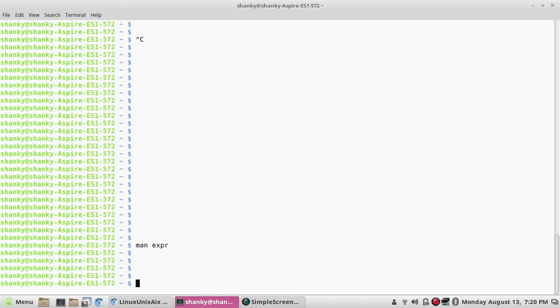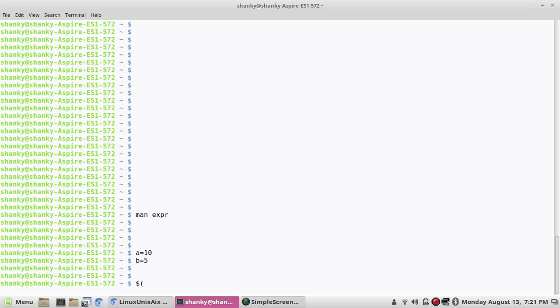So let's say I have two numbers. Let's say a equal to 10, b equal to 5. Okay, so let's say I want to add these numbers. There are several ways to do that. We'll go from the very basic to the highest level of expression, which is very complex. So if I want to add these two numbers, one way is to do it like this: